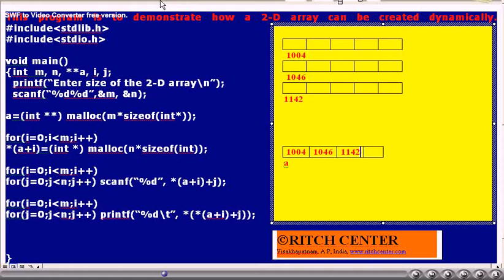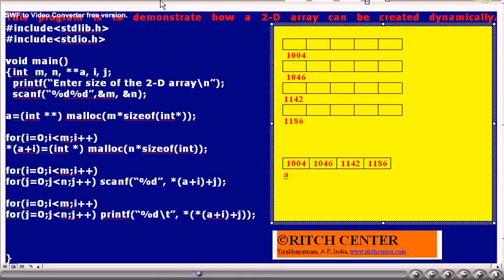When I value is 2, the third row is created dynamically. Its base address is stored in the third element of the pointer array. When I value is 3, the fourth row of our 2D integer array will be allocated by malloc. Its base address is stored in the fourth element of the array. Like this, each row is created as usual. Their base addresses are stored in the pointer array.